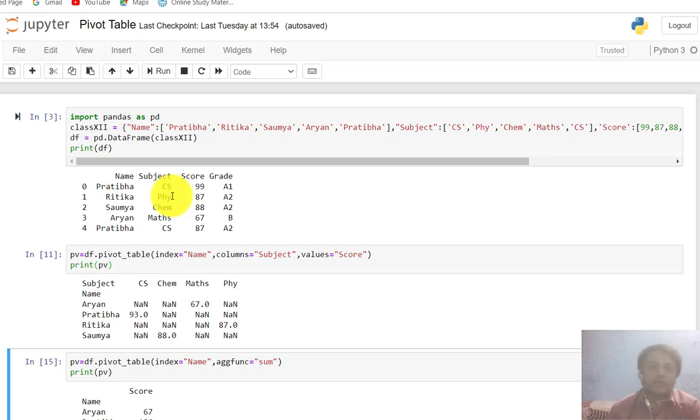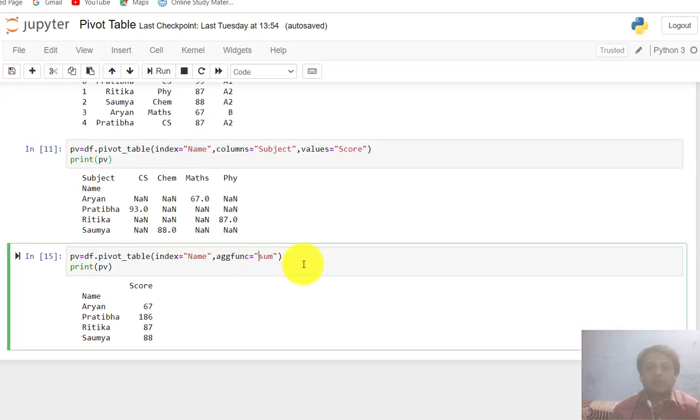Clear? If you have another record with more than one duplicate value, you can also find the median. Median is just a middle value. Clear? So you can check the median also.